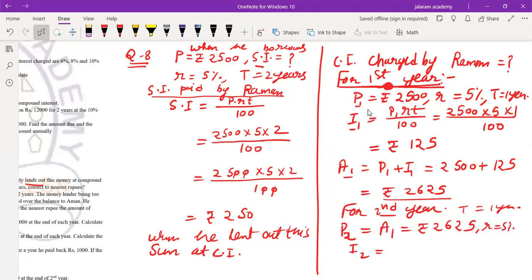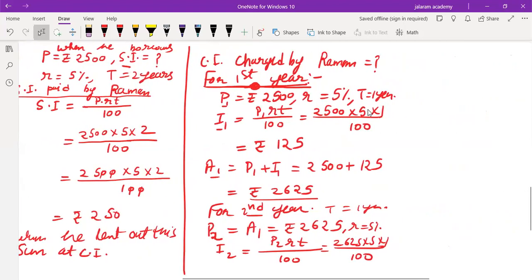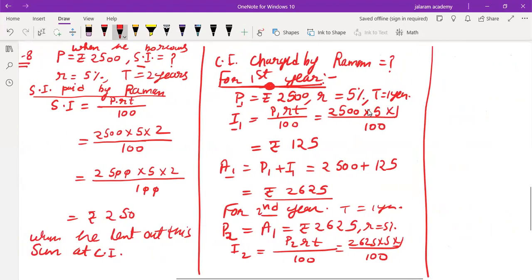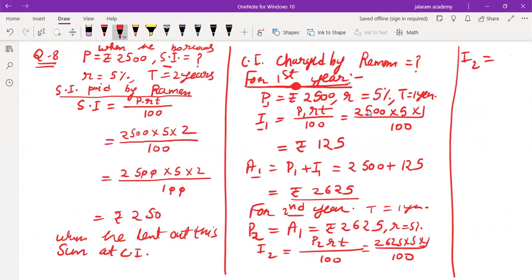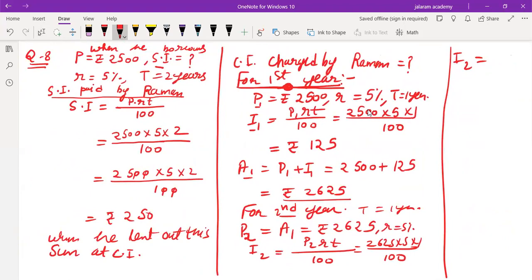So interest, which is denoted by I2, write the formula always P2 RT upon 100 equals 2,625 into 5 into 1 over 100. Multiply them to get the interest for second year. So it is 131.25